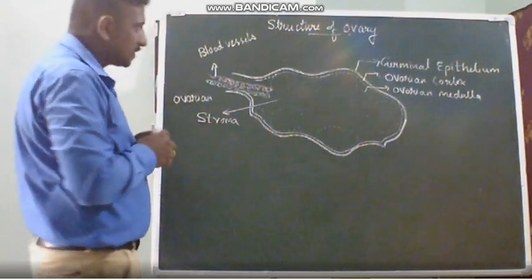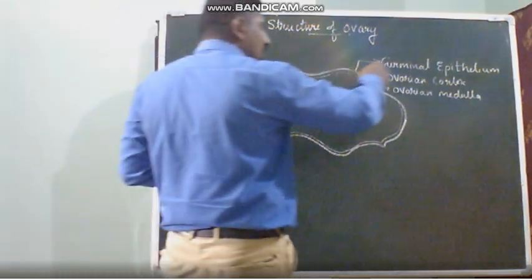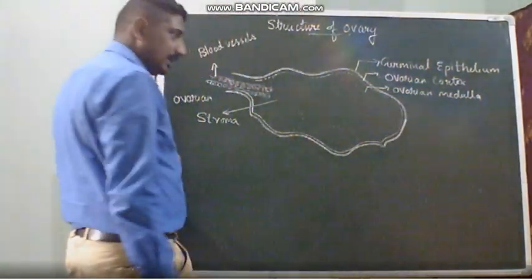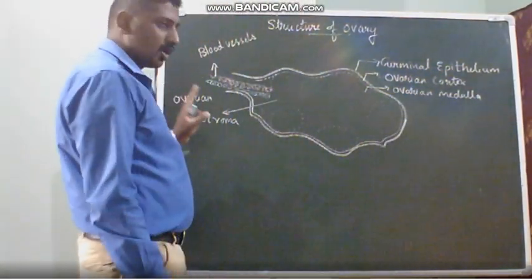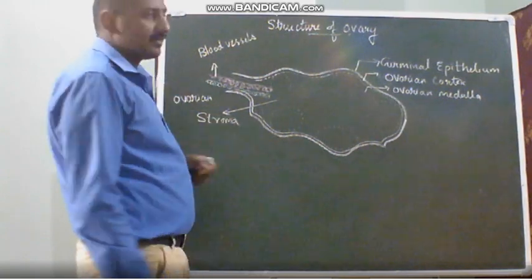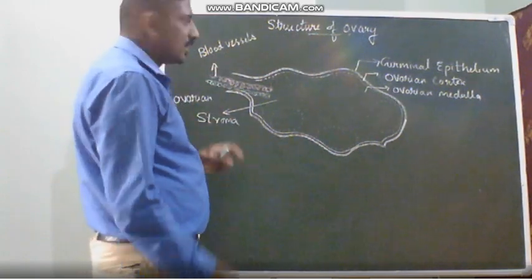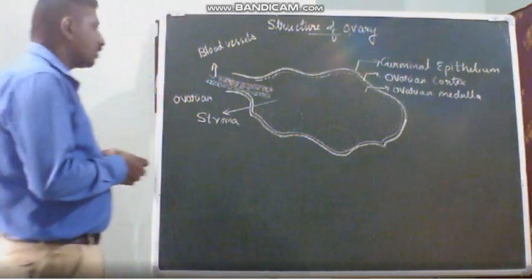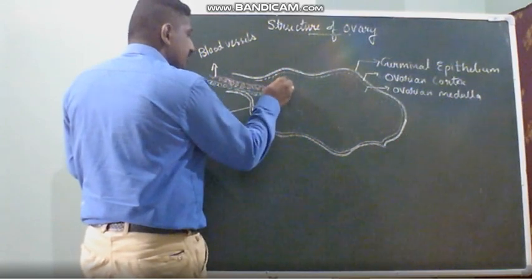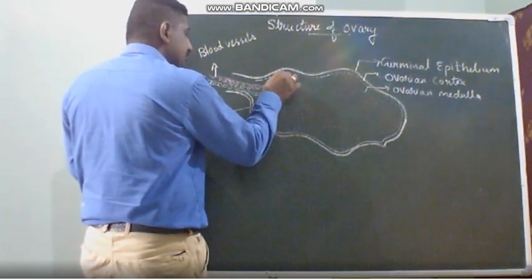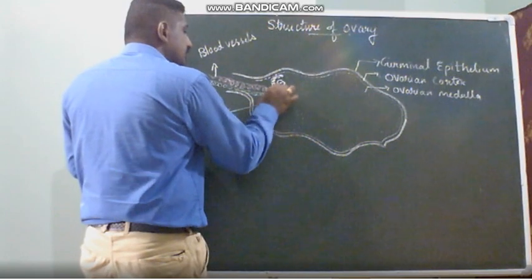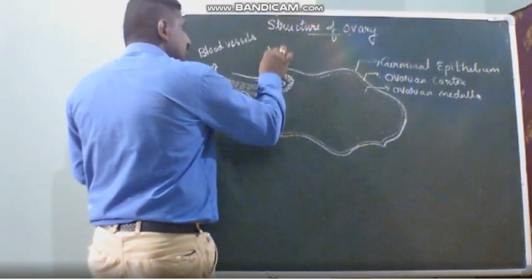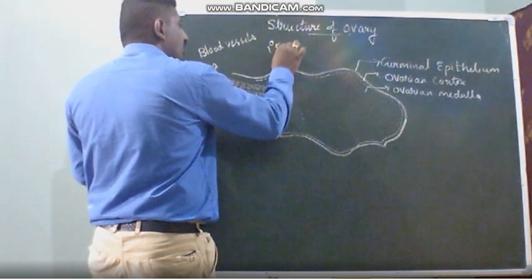A small brush up of what we have seen. We have an outer layer called as the germinal epithelium, and the ovary is divided into outer cortex and inner medulla. The medulla is filled with a fluid called ovarian stroma, and here you will be having blood vessels, the artery and veins. Now here you will be having important groups of cells. The important group of cells which I am going to mention is, first we will be having an important cell here, which is nothing but the follicular cells. This one is called as your primary follicle.